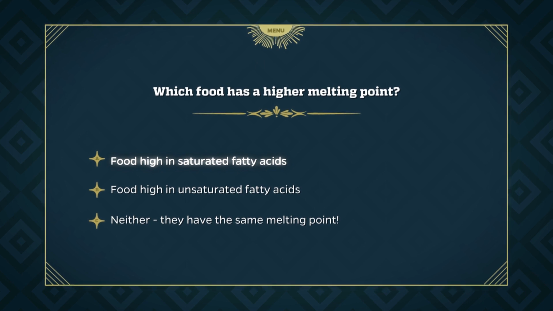Let me re-emphasize here that the key determinant of the melting point is how much energy you need to overcome the forces between the molecules to pull them apart. We aren't changing anything about the molecules themselves. Each individual fatty acid molecule stays the same, but we're simply pulling them apart from their neighbors. That's a pretty subtle point, and honestly, it took me a while to understand this when I first learned about it. Oh, okay. So foods with saturated fats have a higher melting point because the molecules are packed more tightly together. Does this relate to my original question about oil and butter?